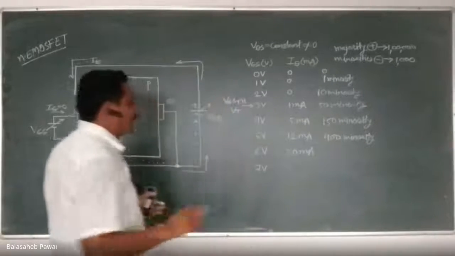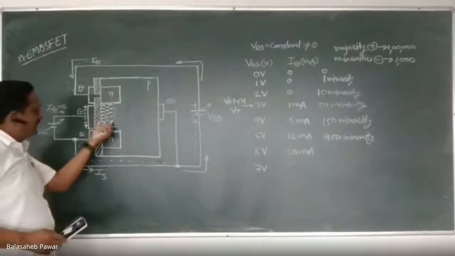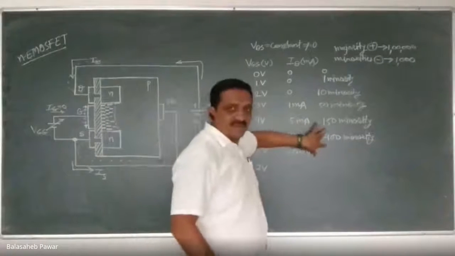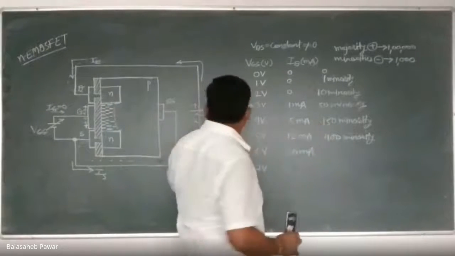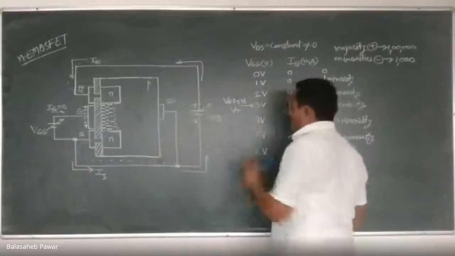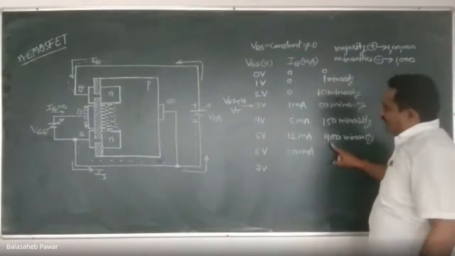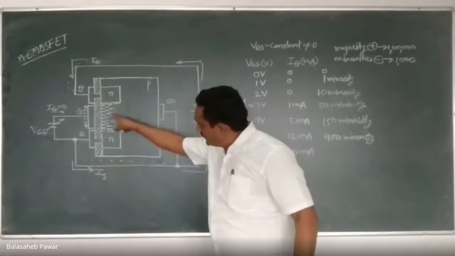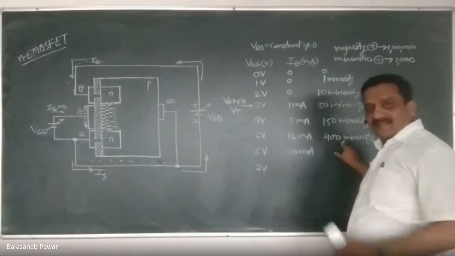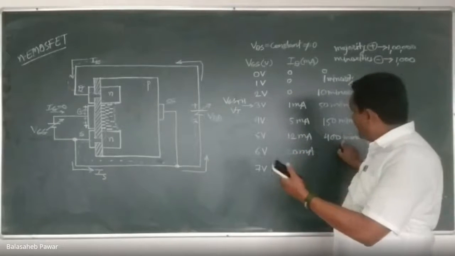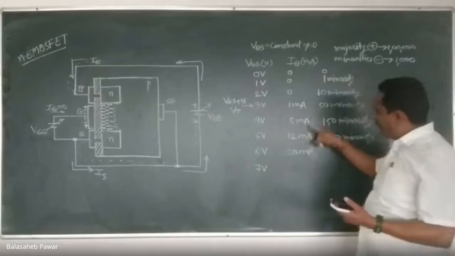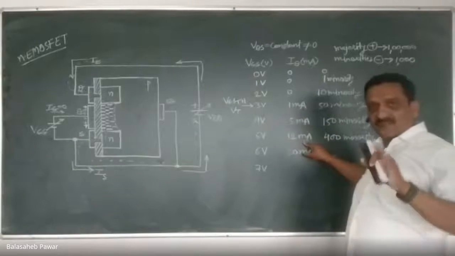Are you agreeing? By that, 400 minorities means the channel density becomes 400 minorities. There are 400 minority negative charge carriers accumulated at the edge of the SiO2. And when we again increase this VDD from 0 onward, what is going to happen? The number of charge carriers flowing between drain and source will become 400, which is greater than the previous case. And due to those 400 minority charge carriers and their migration, the current will also increase from 5 milli to 12 milli. Do you agree with this? Yes or no?